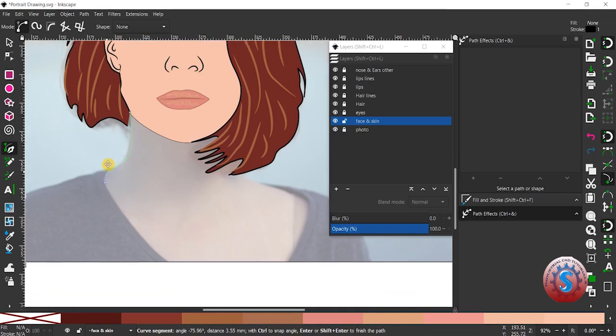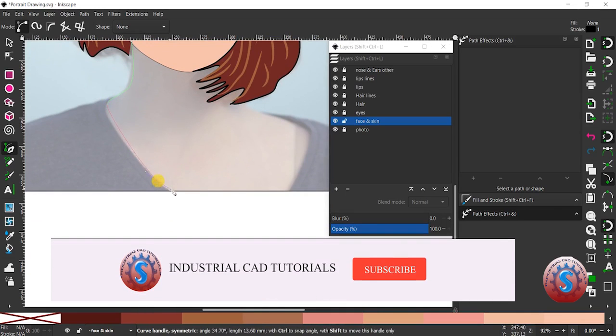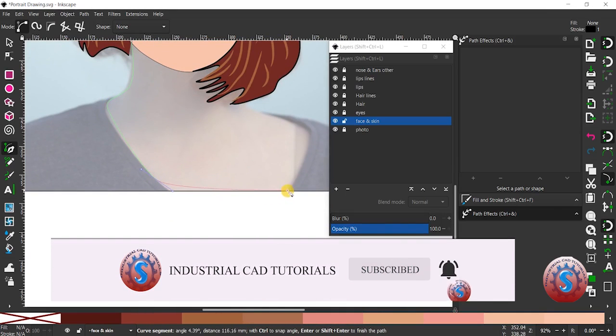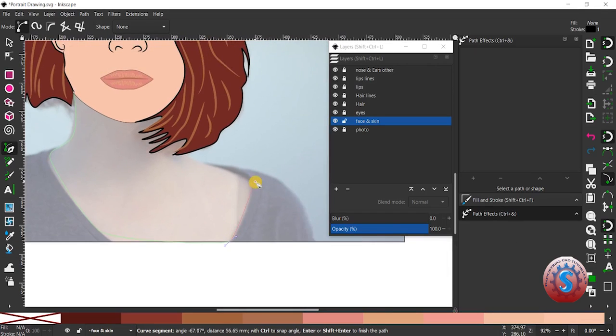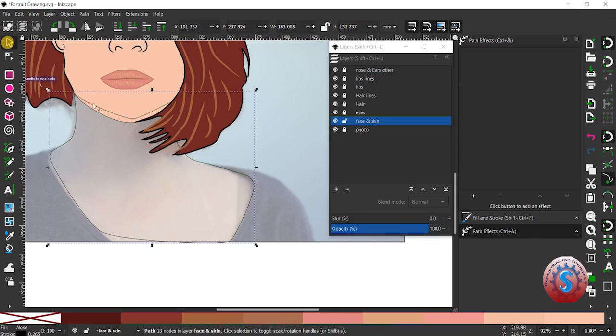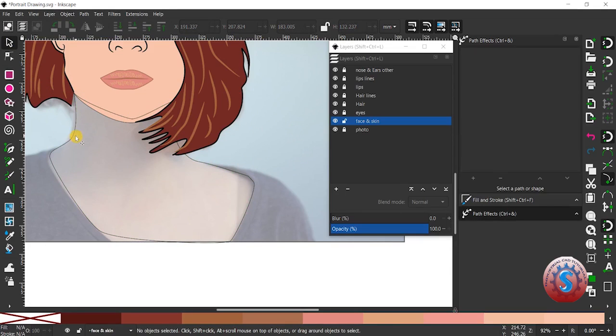You can observe, and the shortcut key for the pen is B. If it disappears, press the shortcut B. If you want to give the selection, press S. Shortcut keys. And you can observe the neck is created, and the black color of the stroke you can also observe on the screen. The face and the skin is completed. Then after that you want to do some color, you can see on the screen.